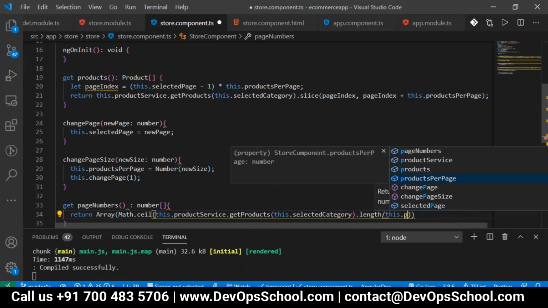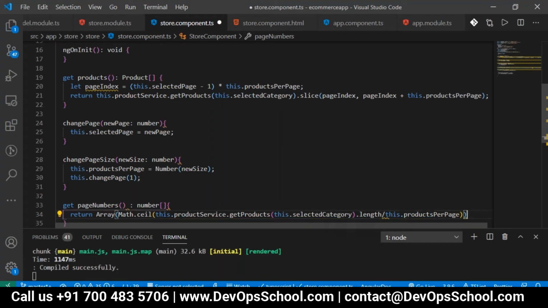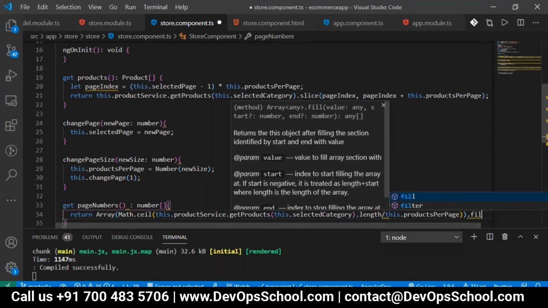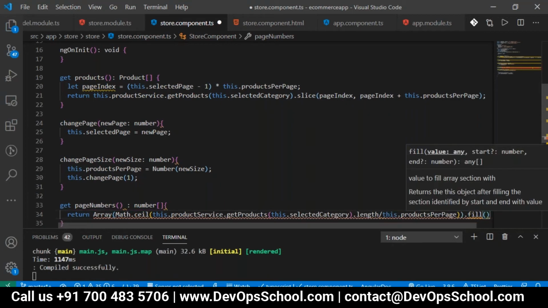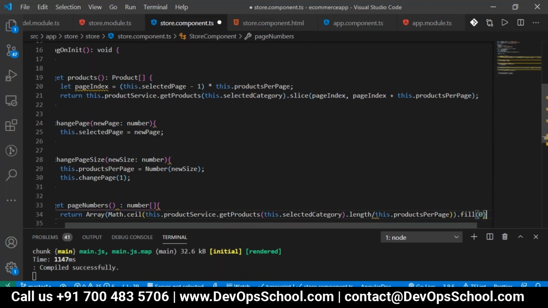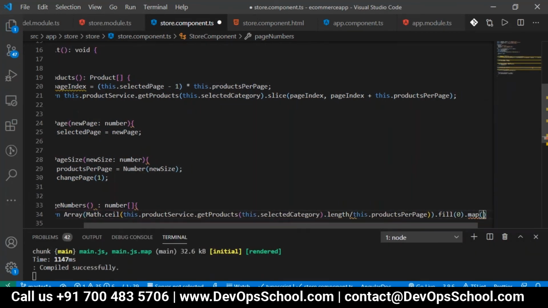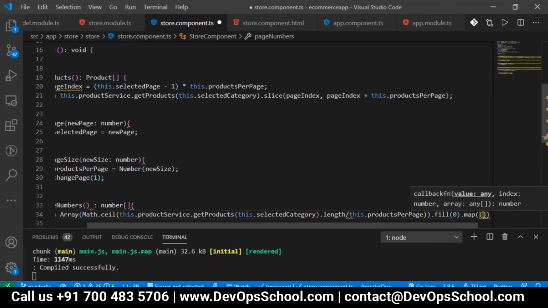This will be dividing and giving the data, so we are converting it with Math.ceil. Then we have to return the array after filling it with a 0 value, and then I will use dot map, which maps with a function to produce the data.